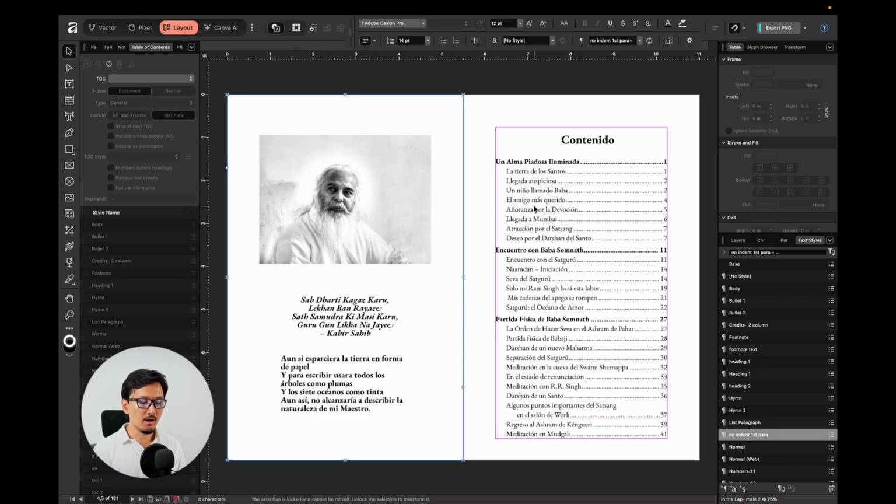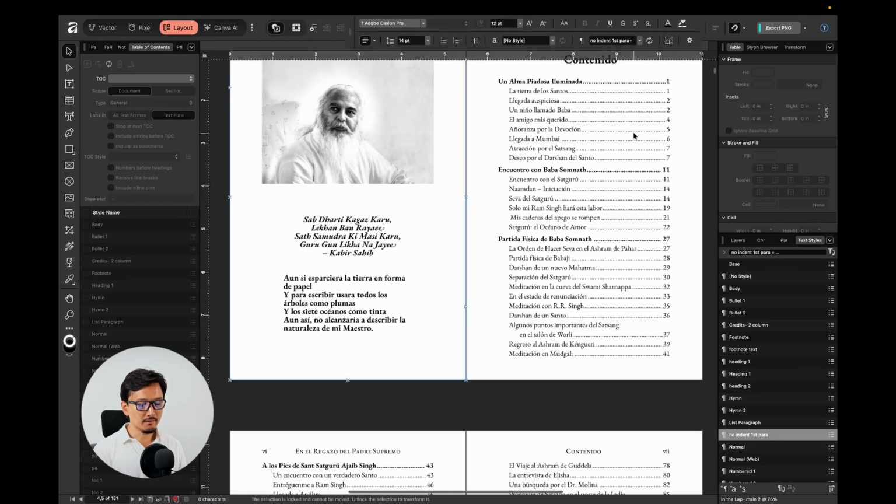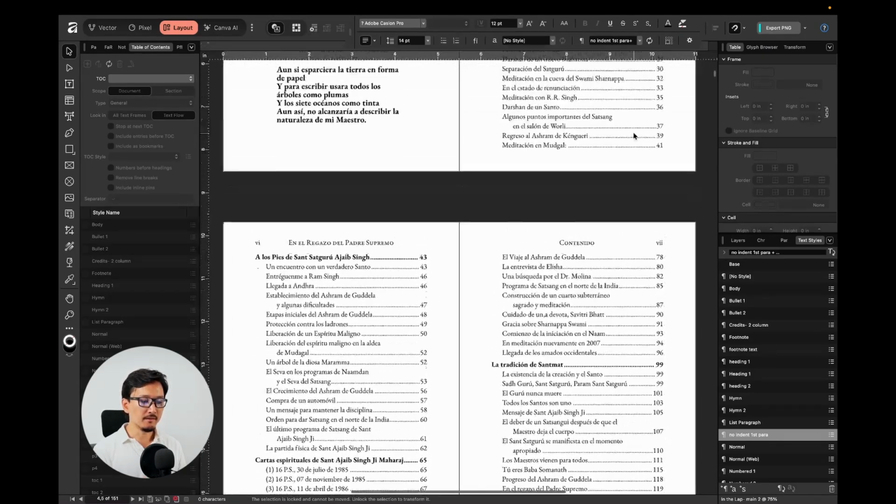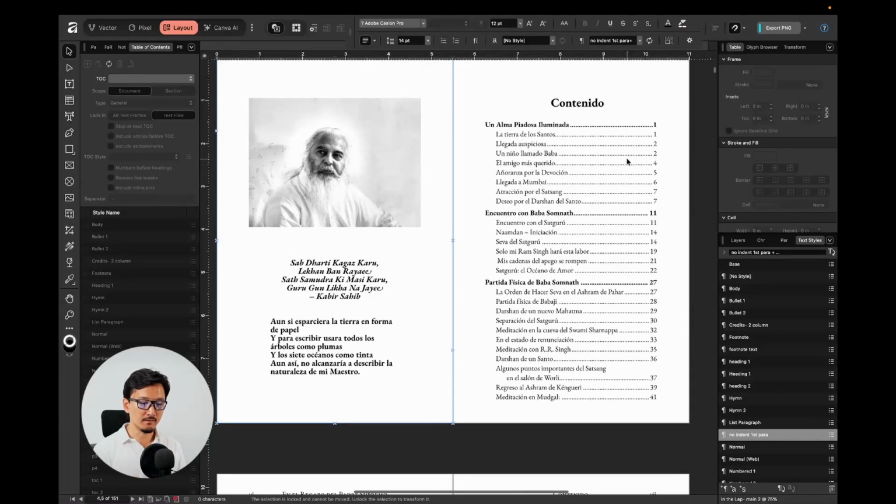Here we have our book. The book is in Spanish, and we have the table of contents. My client completed the book formatting, everything is fine, and then he inserted the table of contents. After that he decided that he wanted to change something, and these numbers in the table of contents didn't match anymore. So for example, this chapter was not on page 11 or on 13, for example,